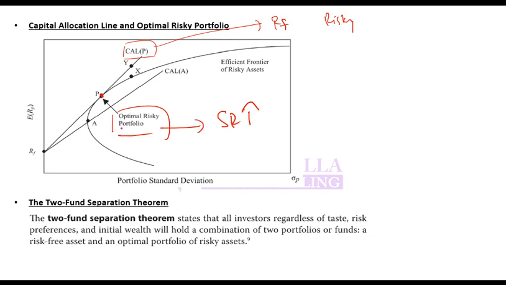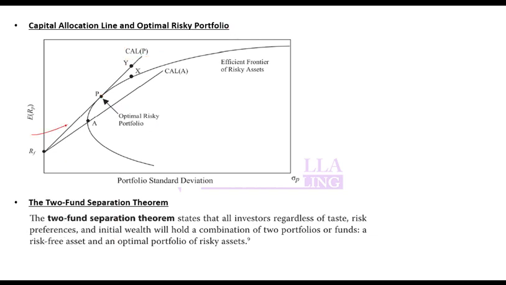So remember, this is optimal risky portfolio. The other one which we discussed was optimal investor portfolio. Optimal investor portfolio is the one where CAL becomes tangential to the indifference curve. Optimal risky is the one where CAL becomes tangential to efficient frontier. So if I make an indifference curve of an investor, let's say this is an indifference curve of an investor, so this will be investor optimal portfolio. So investor optimal portfolio can be different from optimal risky portfolio or market optimal portfolio. Any problem so far? Okay, two funds theorem is what we have discussed, that any investor would keep a risk-free asset and a risky asset.